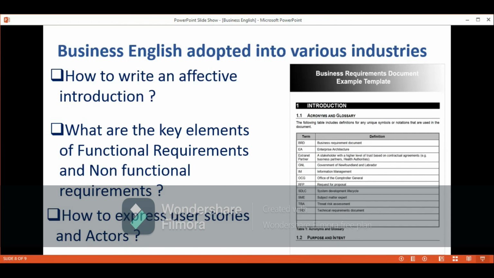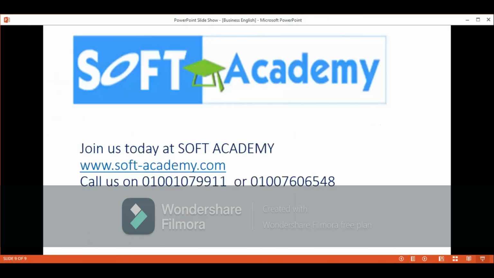So we show you how to express the effective introduction, how to write the key element functional requirements, what are the non-functional requirements to include, what are the use cases to be added, and what are the actors to include, and how to use a very simplified, concise and precise language so that your audience does not get confused.